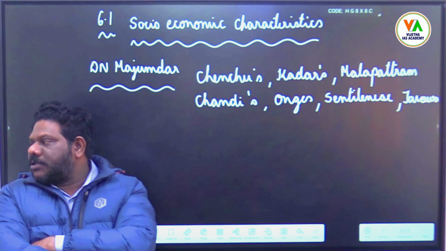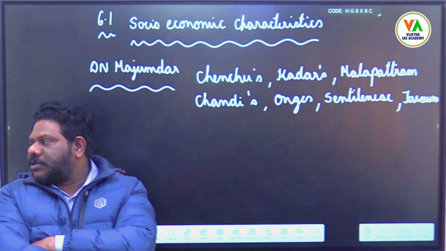Cultivation in plain areas: Bodo and Miri in Assam, even some zones of central India. Next one, tribes engaged as agricultural and non-agricultural laborers. These are basically tribes from Jharkhand, Bihar, West Bengal, Odisha, Madhya Pradesh, even some tribes of Assam, particularly in West Bengal and Assam. These tribes are involved in tea plantations, plantation crops. Tribes engaged in pastoralism: Gaddis and Bakarwals in Jammu and Kashmir, Todas in the Nilgiris.